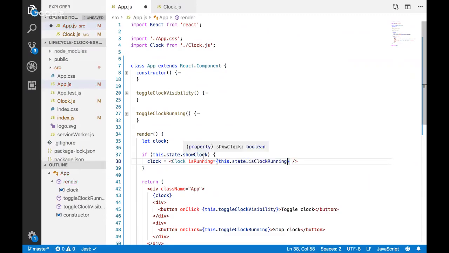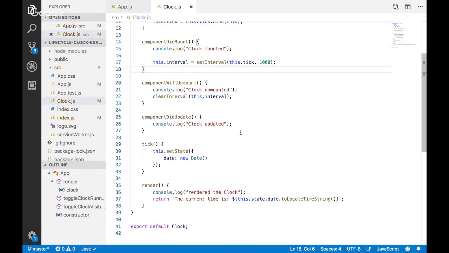So now this is how state and props can interact with each other. The state on one component might get passed down to its children as a property, and that's the only way to pass something down into its children like that. So now I'm passing a value into the clock to tell me if it's running.